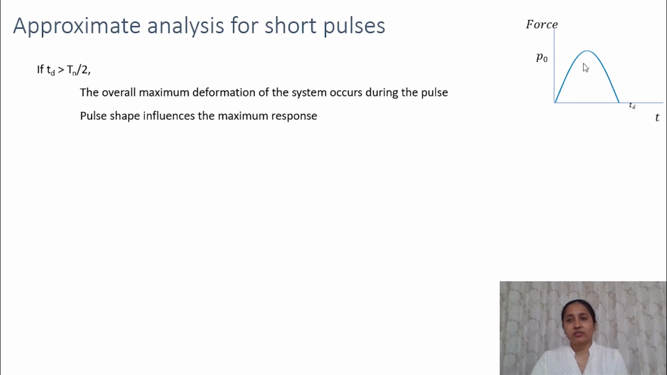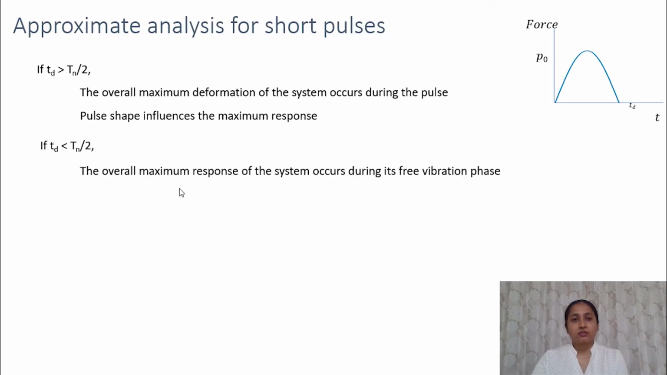Here, the load application is gradual. So, when Td is greater than Tn by 2, the shape of the pulse influences the maximum response. When Td is less than Tn by 2, the overall maximum response of the system occurs during the free vibration. That is, the maximum response happens after the pulse, and this response is controlled by the time